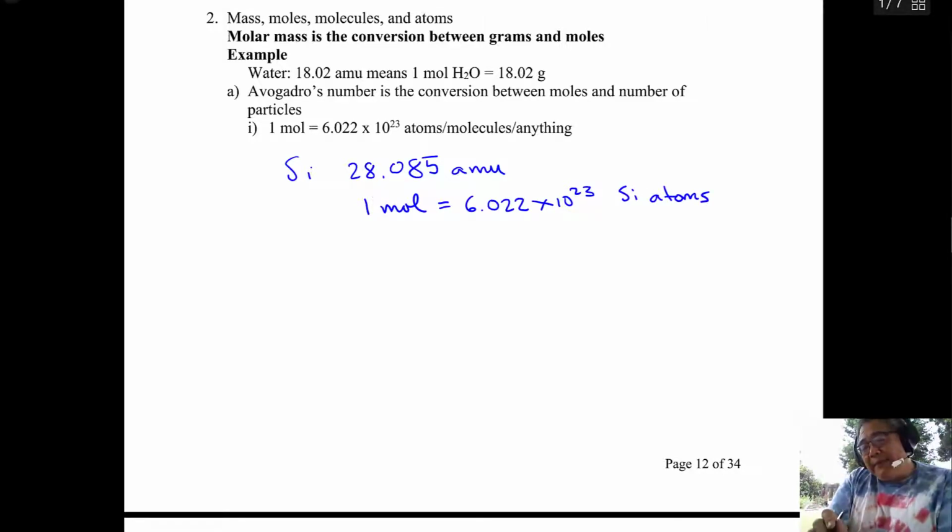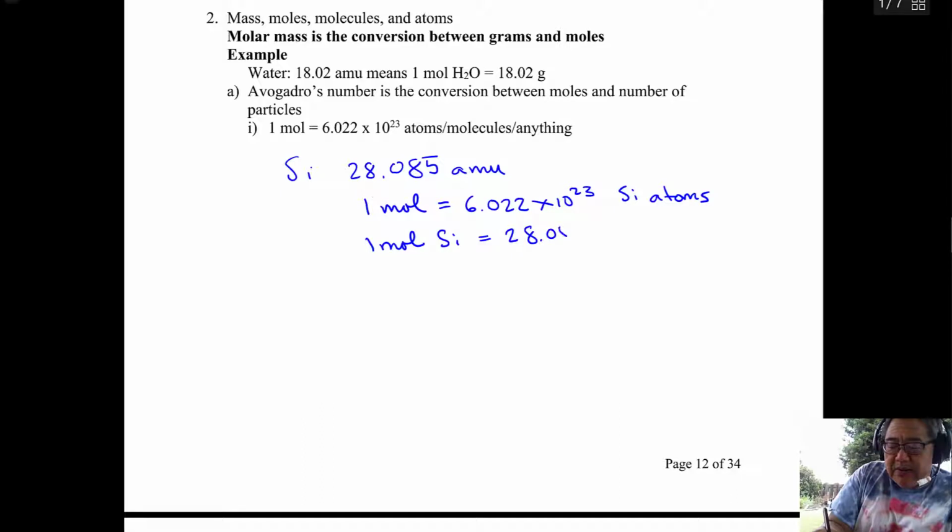So when you set that up, and this is the importance of the relative atomic mass scale for carbon, then what you know is 1 mole of silicon, of Si, has a mass of 28.085 grams because of the way we set up our relative mass scale. So if you have 100 grams